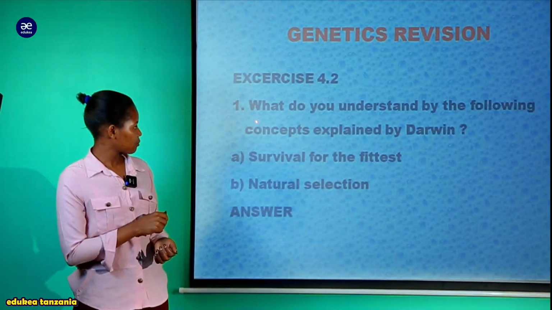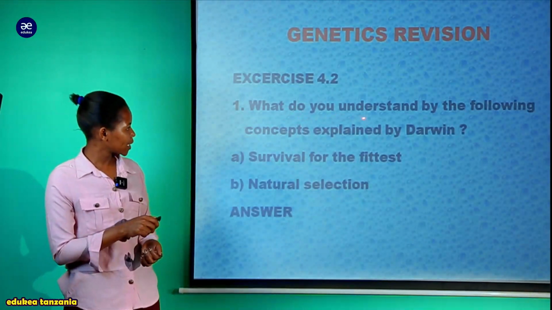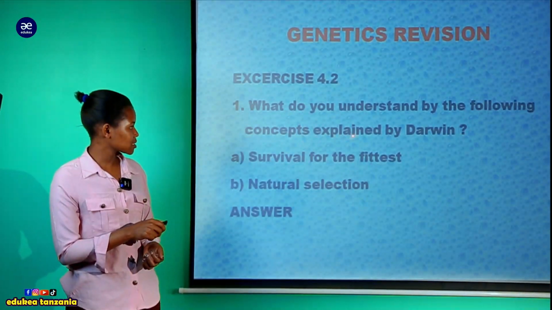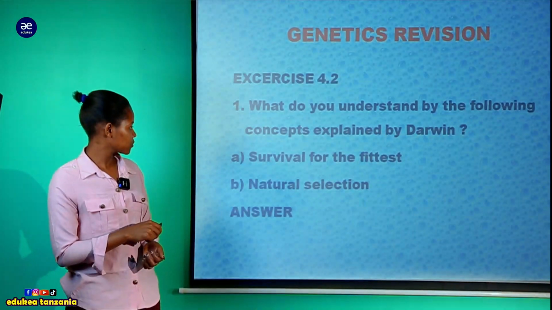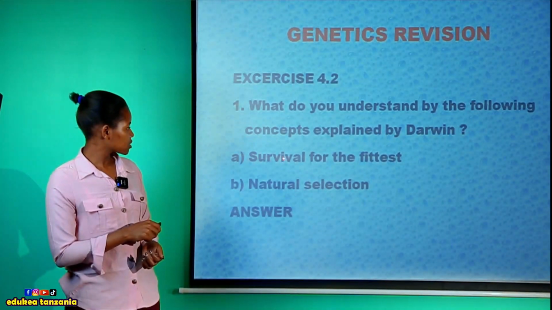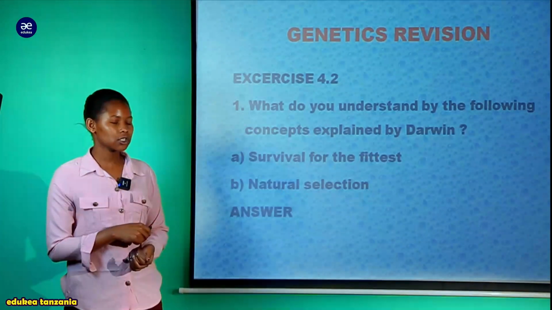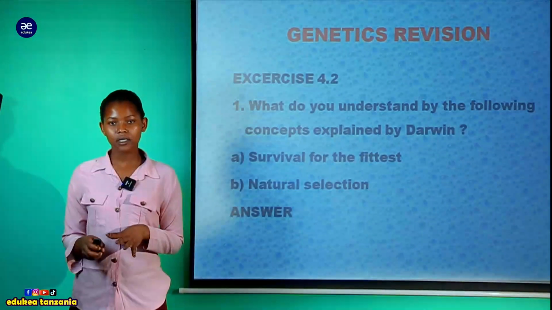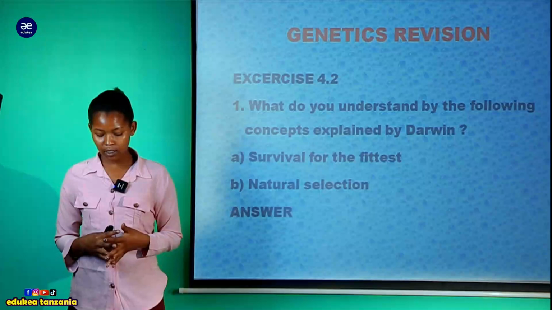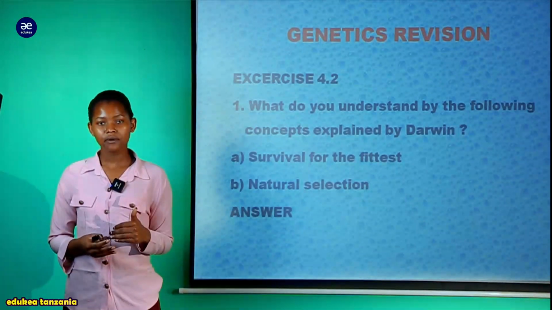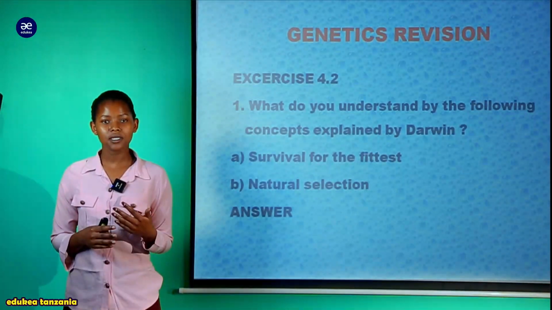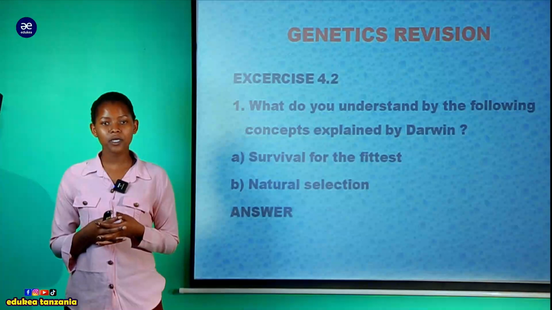Starting with question number 1, we can see: what do you understand by the following concepts explained by Darwin? A is survival of the fittest and B is natural selection. Tunahitajika kutoa the meaning of these terms, survival of the fittest as well as natural selection, as explained